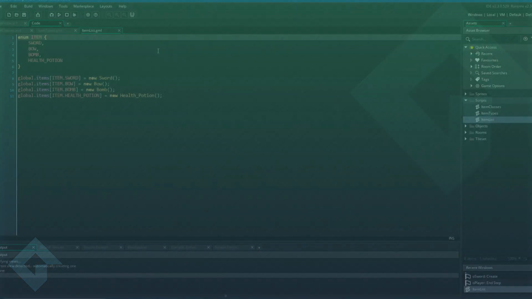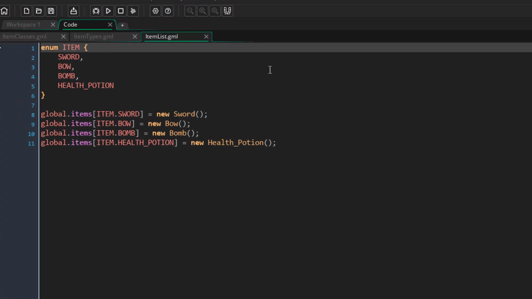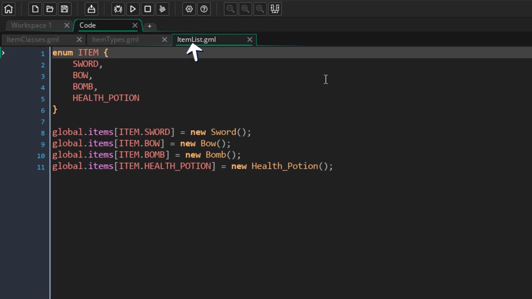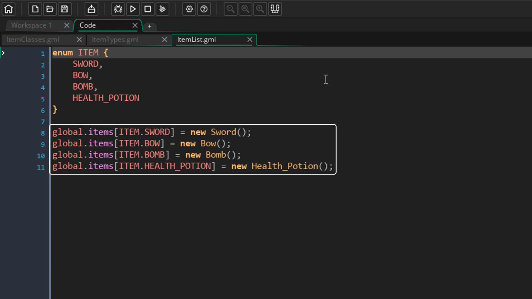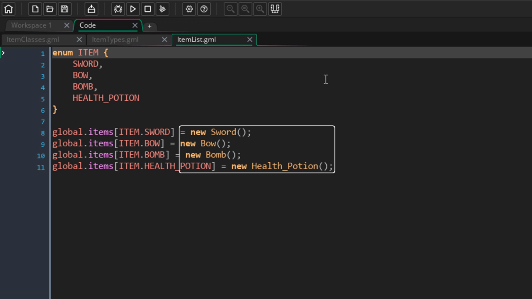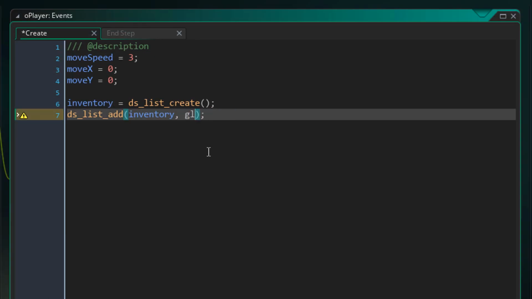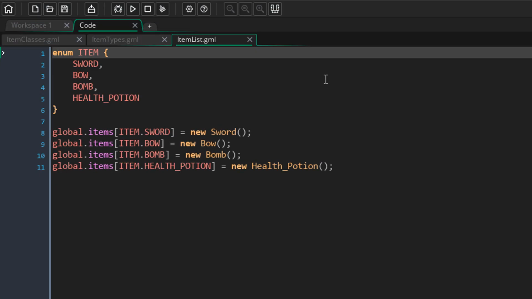Now there is a slightly different way of making this system that I want to talk about. The difference in this new system will be that you won't have to create new structs all the time. So here I have a new script called item list, and in this script I have an enum with all my items. So yes, the system makes use of enums and arrays once again, along with our constructors. So here I have a global array where I'm storing the struct for each item. So I'm making those new structs here, and whenever I want to use an item in the game, I can just get the struct for that item through this array. So this means I'm not repeatedly creating and destroying structs for an item, and that there's only one struct for each item stored in this array.